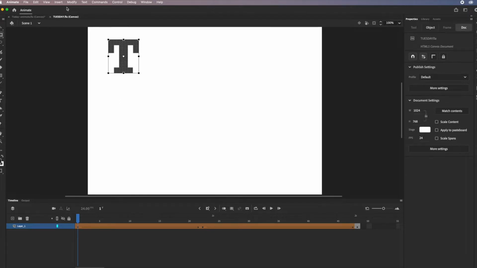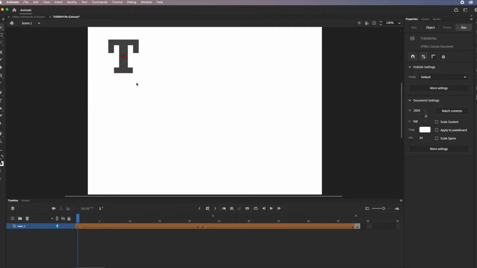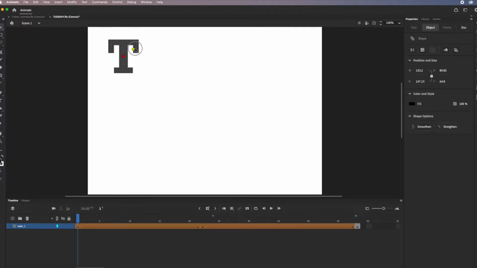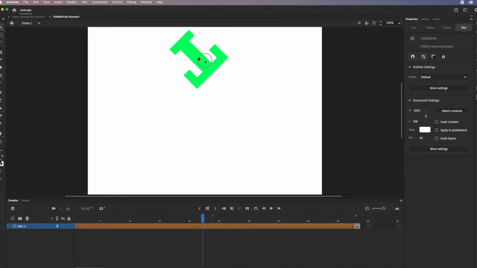by coming through here and going to Modify, and I'm going to come down to Shape, and I'm going to go to what's called Shape Hint, and you get a little character that comes out here, which I can just move up, and just A, B, C, D, etc. When you go to the next keyframe, you can just click on like so, and if you want to keep that same format, so it does a nice job tweening. In fact, where did I start from? On the right hand side there,